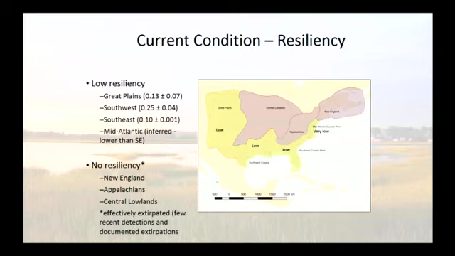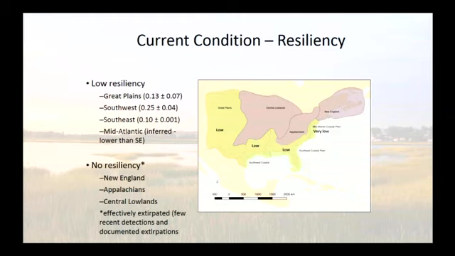But we do have them in these 4 regions. And so we did these current condition occupancy analyses. We found that occupancy was really, really low across our sites. So in the Great Plains, which we had about 26 or 30 sites here to estimate from, about 13% of our sites were probably occupied. In Texas and the Southwest, down here, we had 25% occupancy rate. In the Southeast, we had a 10% occupancy rate. And that was saved by Florida, because the South Carolina data indicated that about 3% of sites were occupied. And that's out of 400 sites that were specifically targeted for black rails.